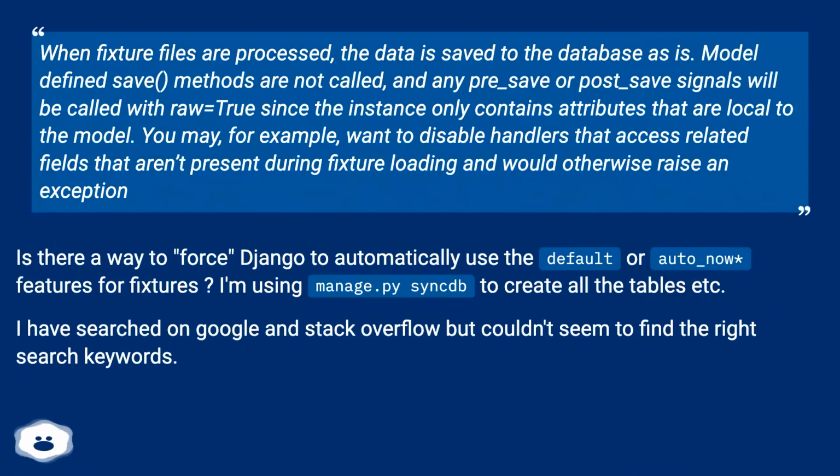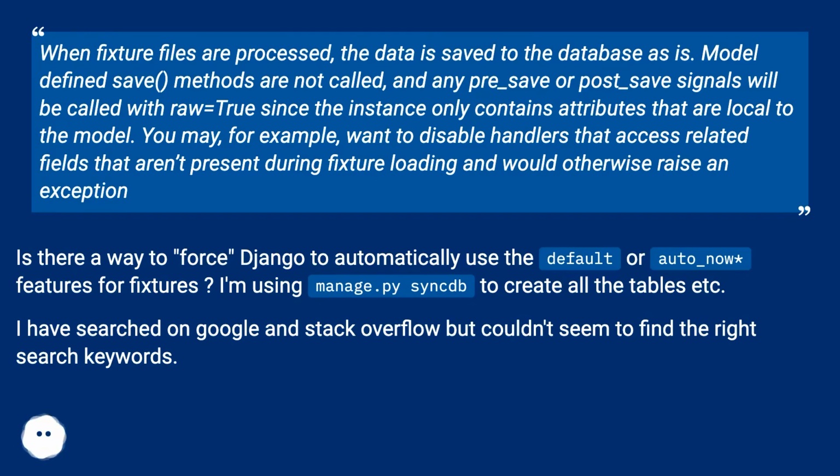When fixture files are processed, the data is saved to the database as is. Model-defined save methods are not called, and any pre_save or post_save signals will be called with raw=True, since the instance only contains attributes that are local to the model. You may, for example, want to disable handlers that access related fields that aren't present during fixture loading and would